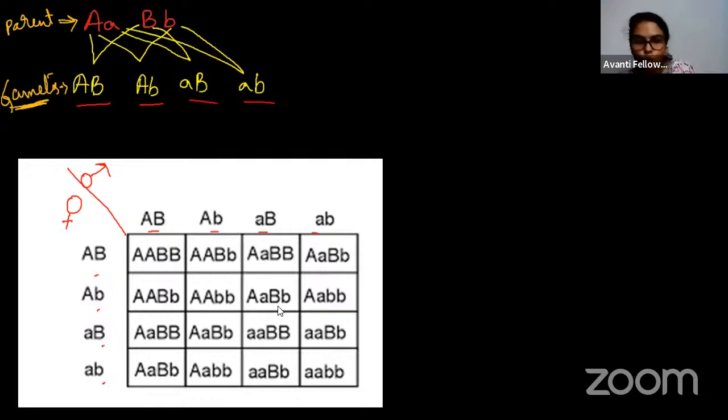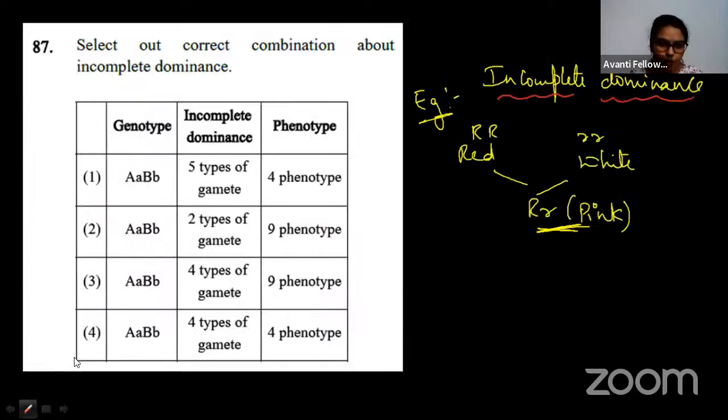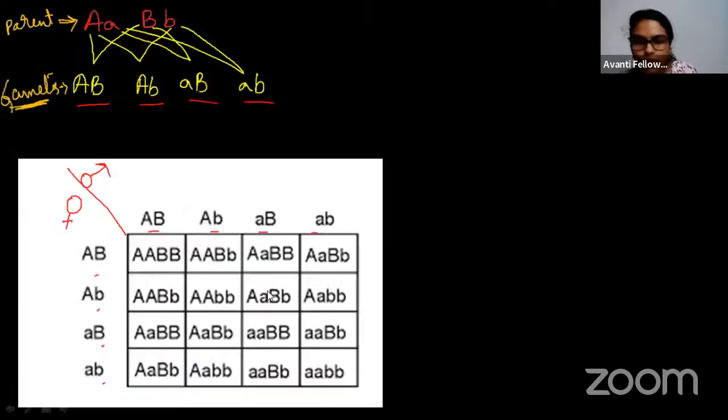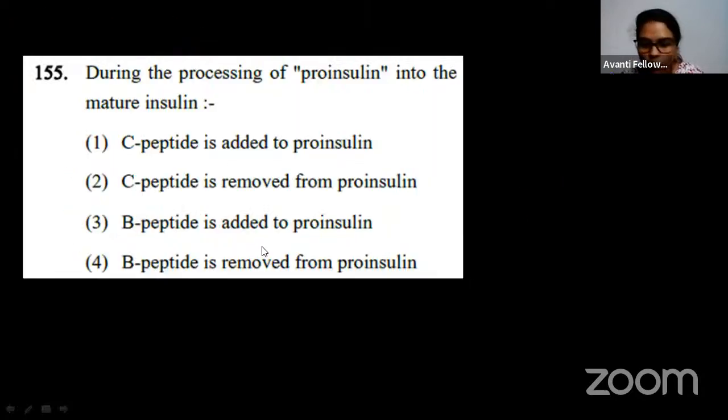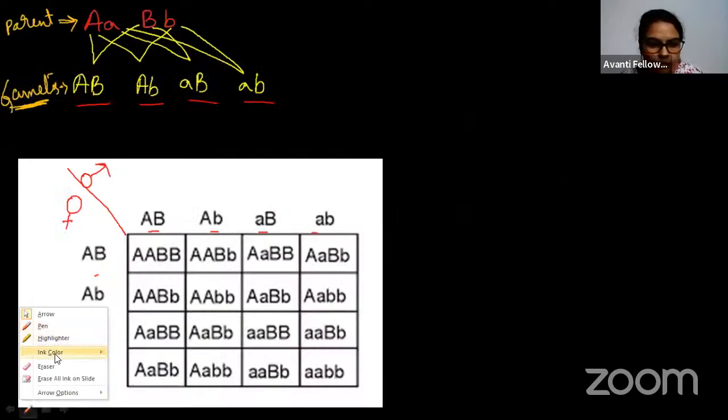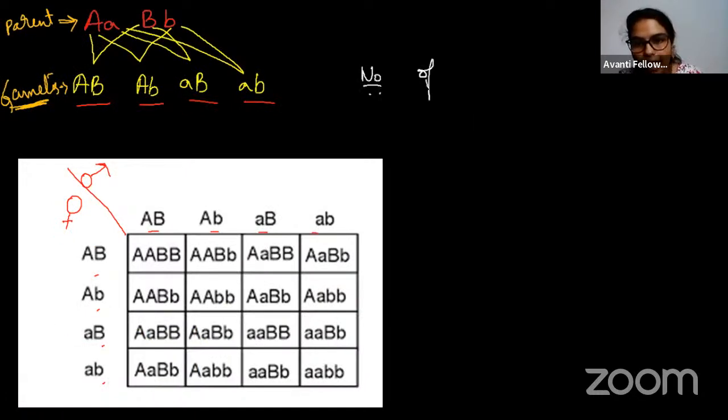ठीक है, now what actually the question is asking? Okay, so देखो they are asking about the genotype. Genotype एक ही है. Okay, 4 options have the same genotype, that is capital A small a, capital B small b. ठीक है, so now first we have to find how many gametes we are going to get. How many gametes we got? Okay, so number of gametes we got are 4. ठीक है, 4 मिल गए.